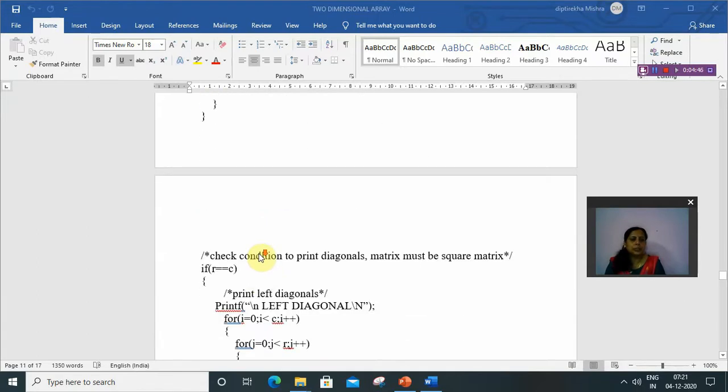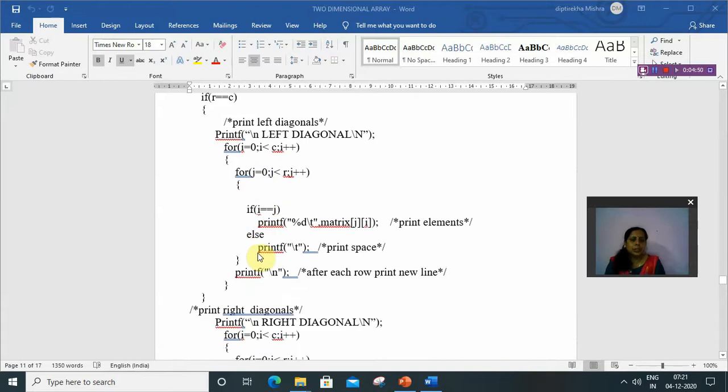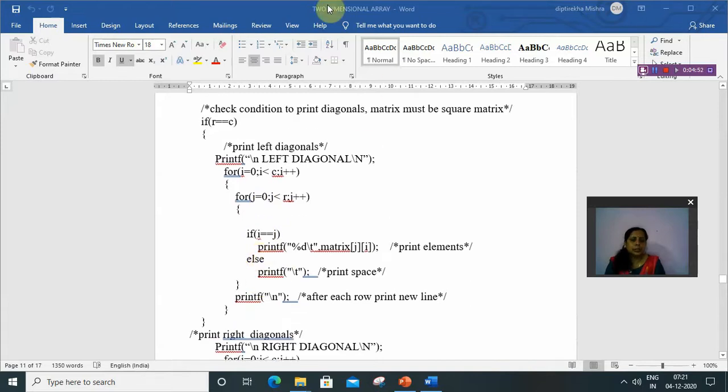Okay, then this is for checking the condition for the diagonal. First of all, we have to check whether it is a square matrix or not. When the row is equal to column, that is a square matrix, and we can print the diagonal elements from a square matrix.